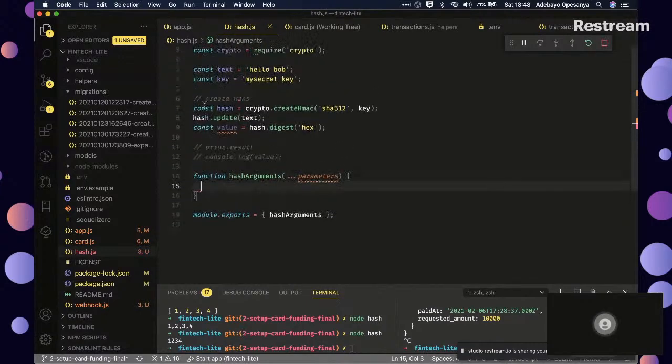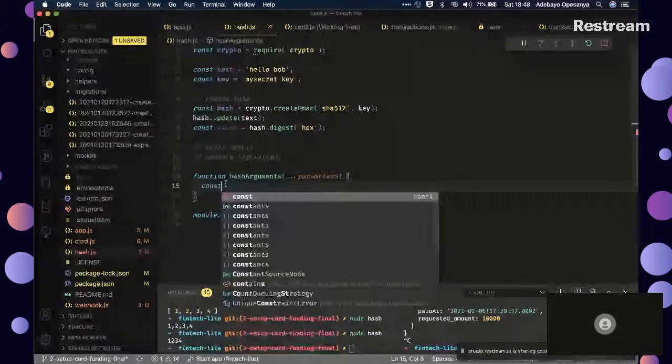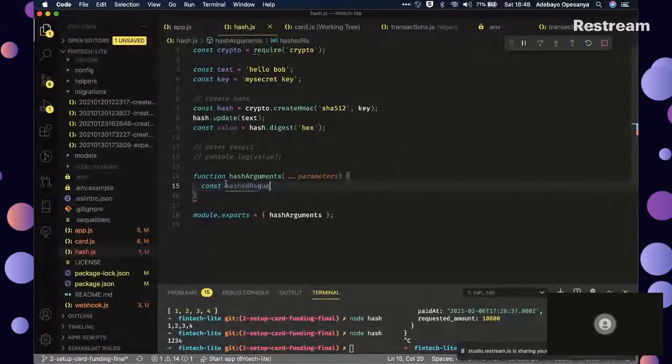Right? I would say the hash request will be something like parameters of join this. Sorry. No, let me just hash it straight. Let me not bother myself too much. The hash request would be